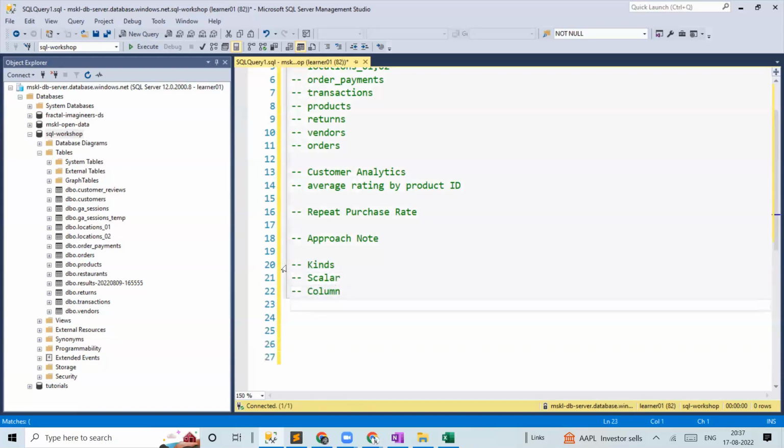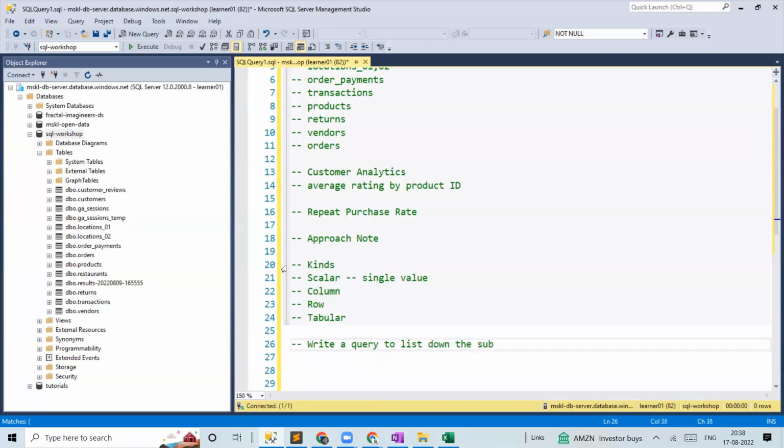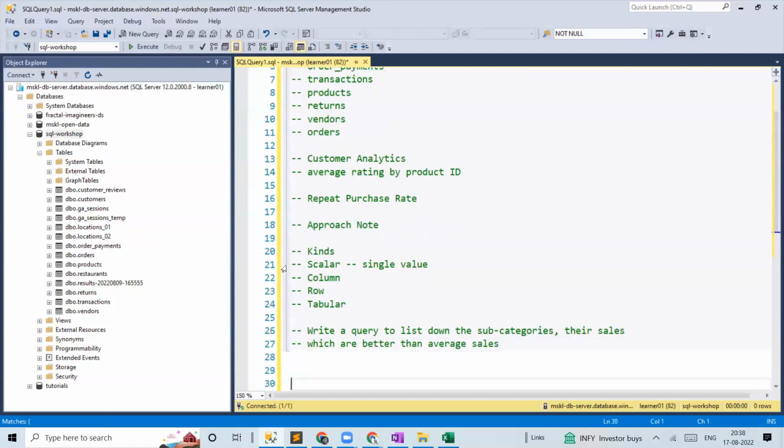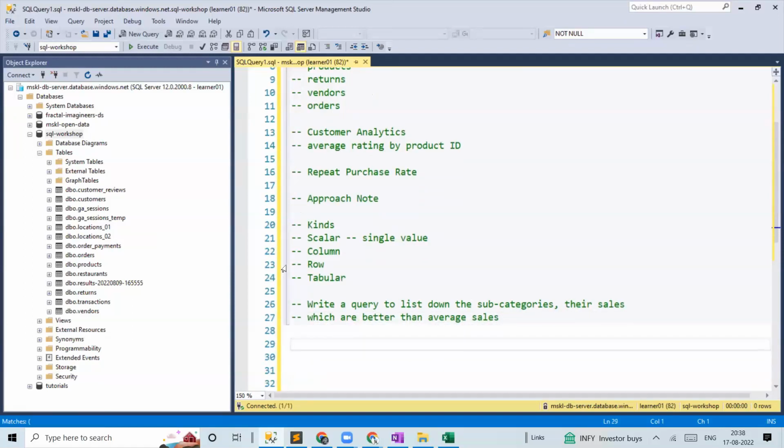There's a column subquery, row subquery, and tabular subquery. So we look at examples of each one of them. So say write a query to list down the subcategories, their sales, which are better than average sales. Okay, so how do I go about it? So if you think about it,